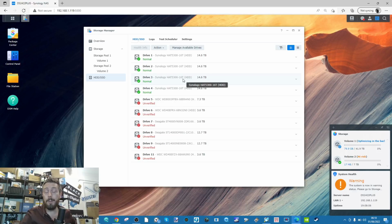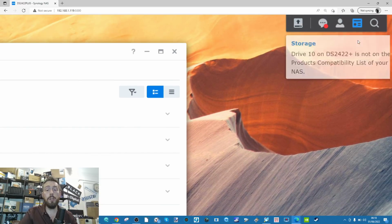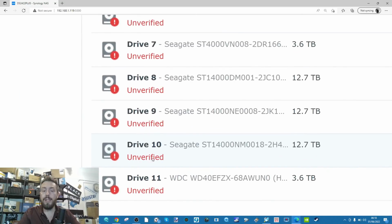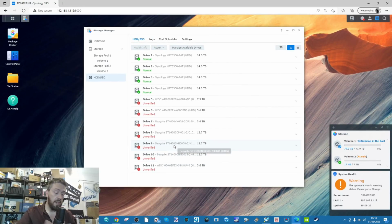You're probably going to hear it. It's an enterprise drive, not the quietest, but that's in Bay 10, so hopefully Bay 10 should refresh in just a moment, and we should also see a notification if I'm right, and there we go, right there at the top, straight away. Drive 10 is not on the Synology compatibility list, it warns you, and as you can see, Drive 10 is now being listed as an unverified drive. And again, we'll do that again just for the hell of it. We've got an UltraStar there, pop that in,